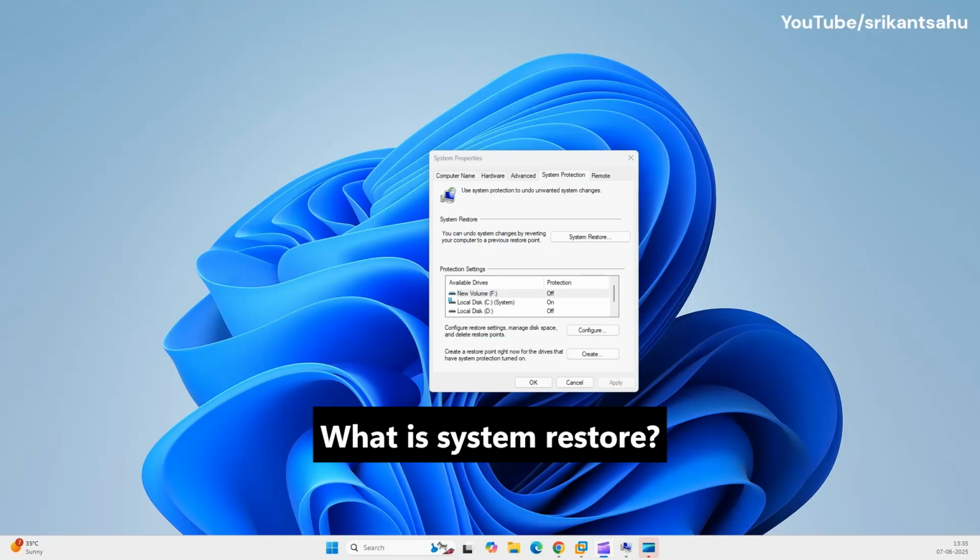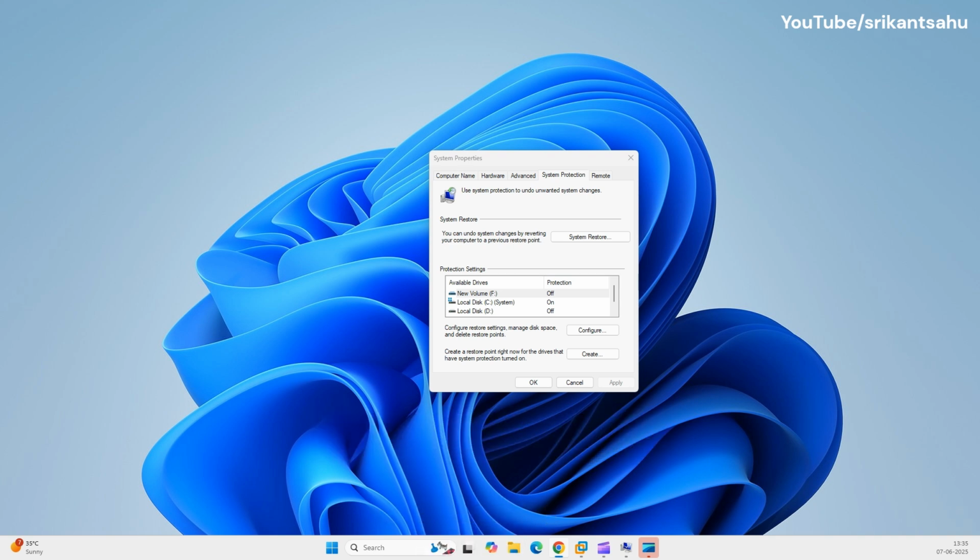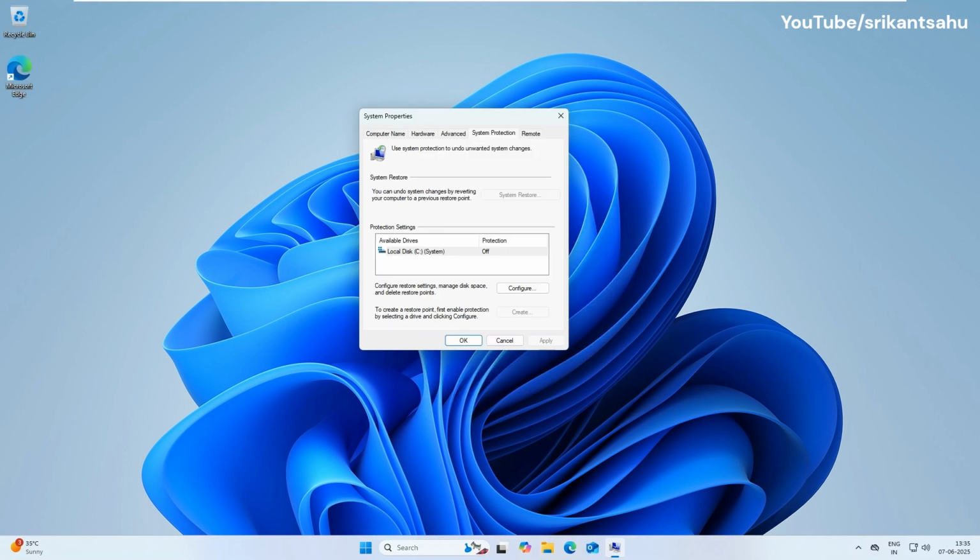System Restore is a built-in feature in Microsoft Windows that allows users to revert their computer's system files, settings, and installed programs to a previous working state. It is particularly useful for troubleshooting and recovering from various software-related issues that might make your computer unstable or behave unexpectedly. However, this feature is turned off by default on Windows PC. You need to manually enable it for the feature